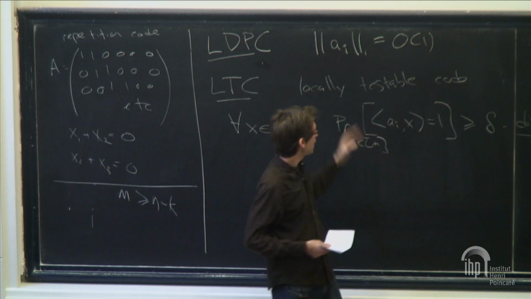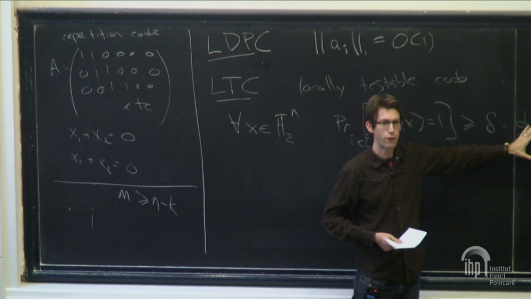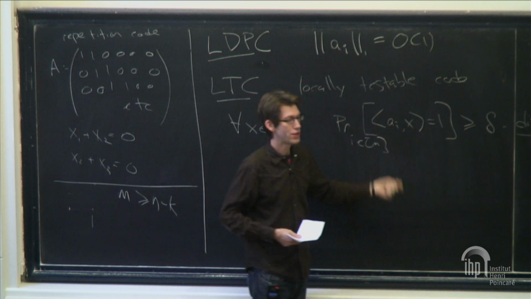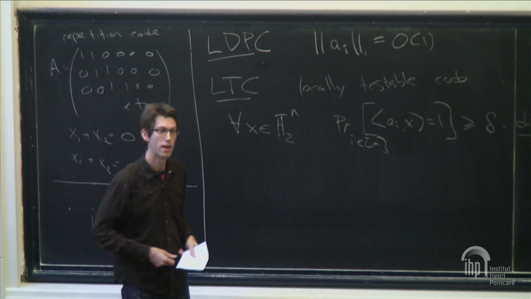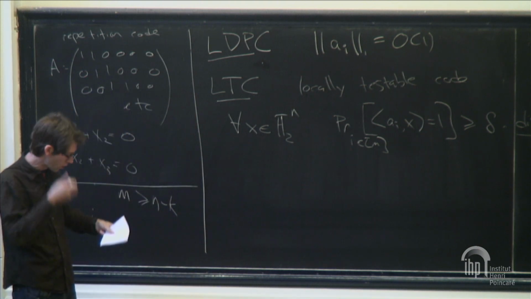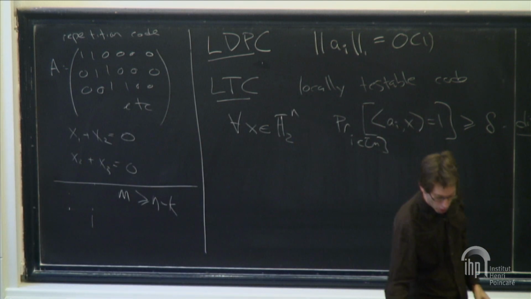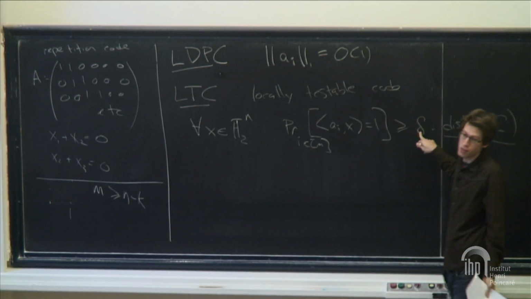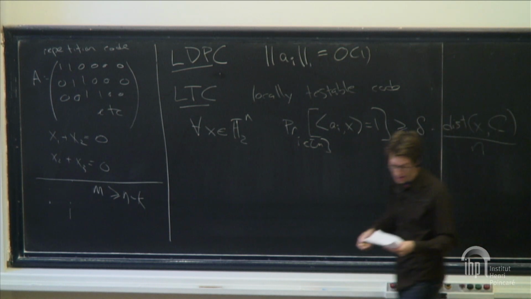And this says, if you're a delta robust locally testable code, and you differ in some fraction of positions, then that times delta is the chance that a random constraint will notice that you're not in the code. So as an example, let's look at the repetition code. The way I've written it, it is not at all locally testable. Or, everything's locally testable with some bad delta. And this achieves a delta that goes like 1 over n.